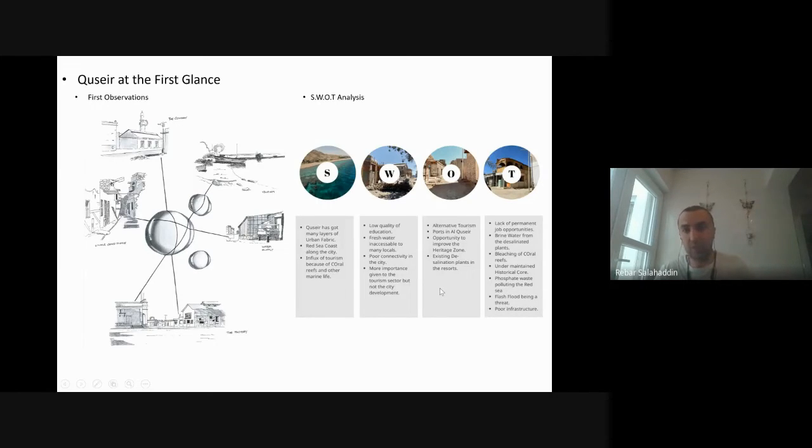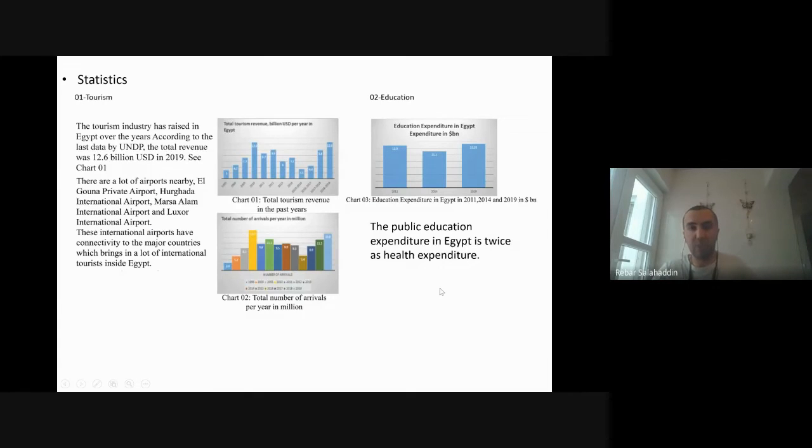I would like to give time to the more important things regarding the data to have a clear vision about the city. This is the data regarding tourism. I mean, for the last few years, tourism dramatically increased in the city. This is the revenue of tourism and the number of arrivals. This is only the arrivals to the airports in Egypt, not only